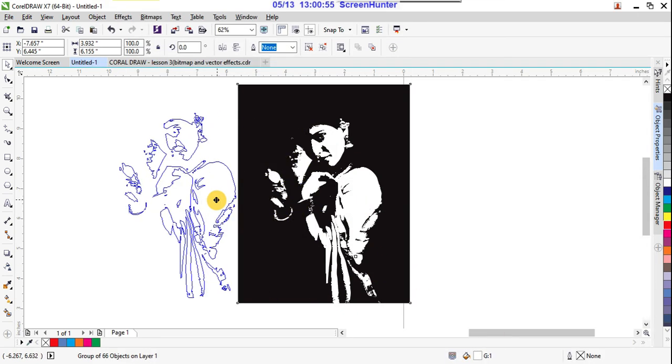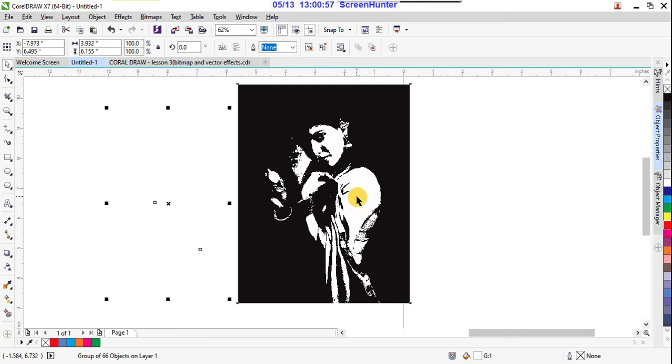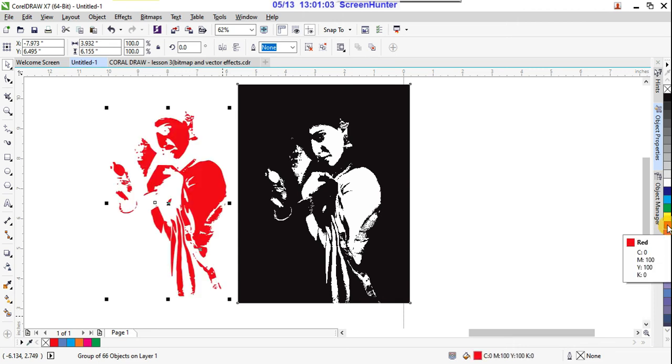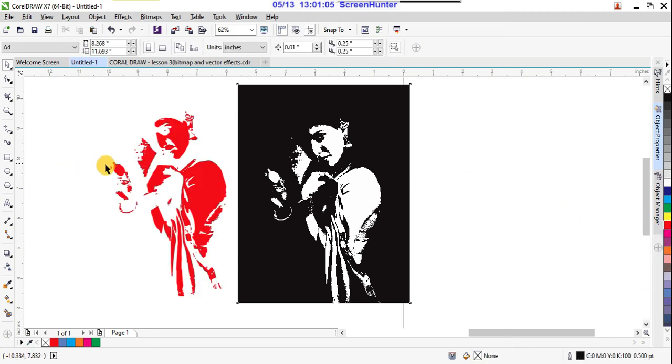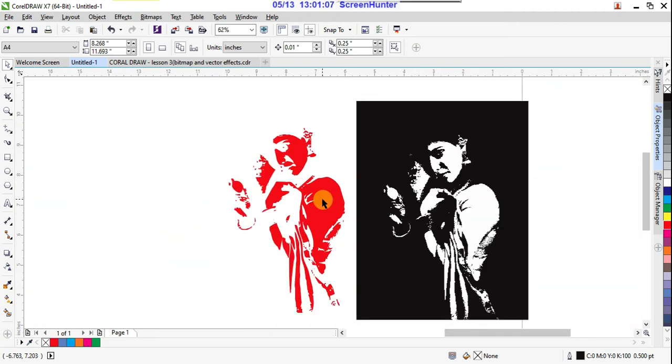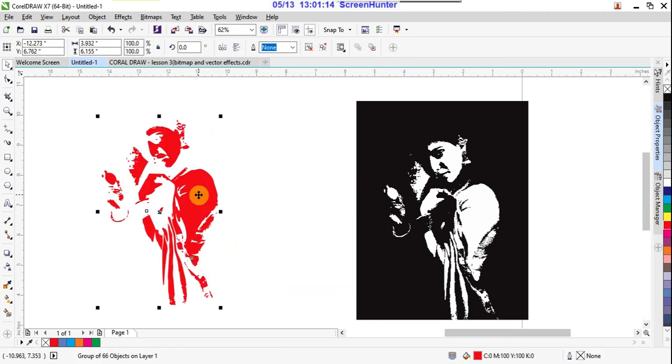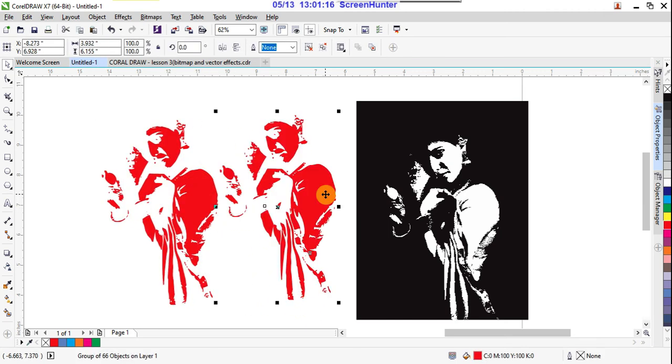So what will happen, see, this is your original image and this is the traced one. Yes, now see, give that colors, right, and I am taking a duplicate by pressing plus on the keyboard. By pressing plus on the keyboard, I am taking a duplicate and giving color to that.